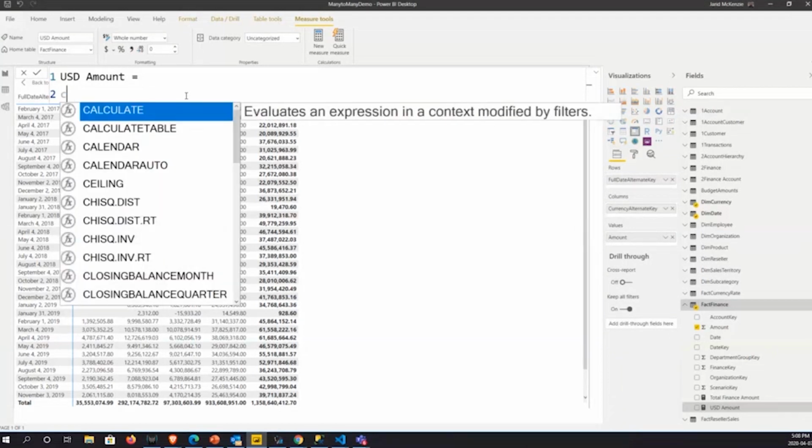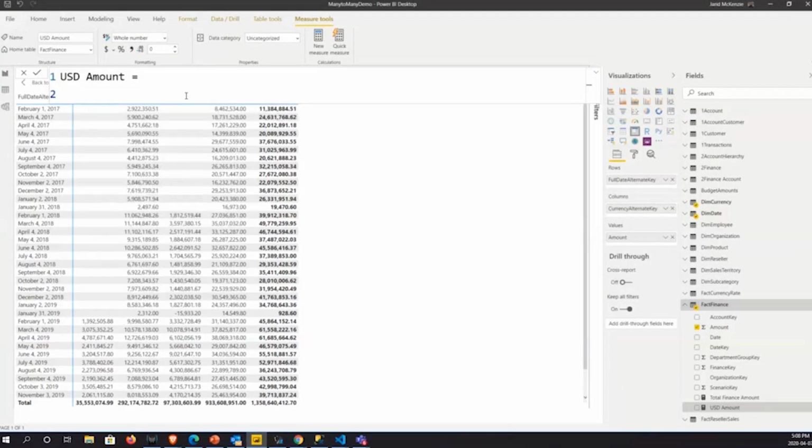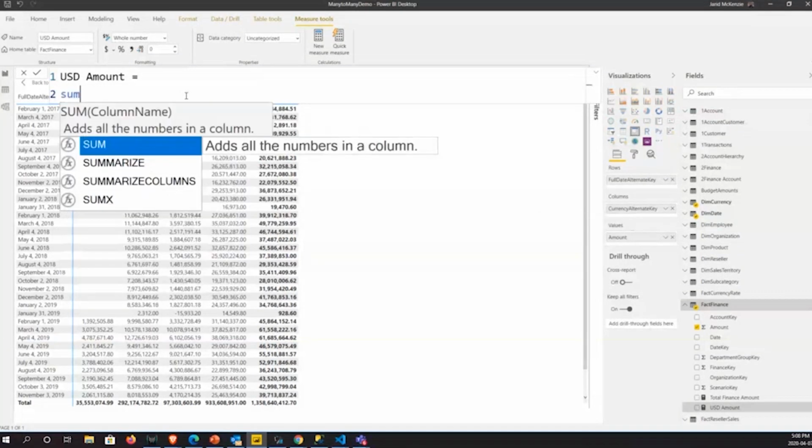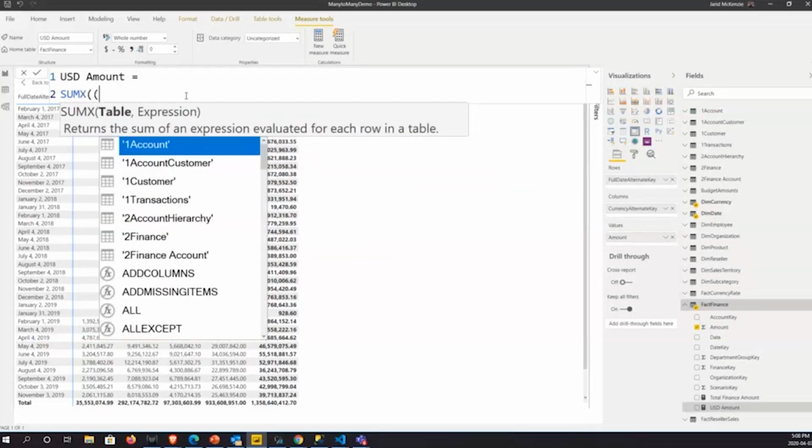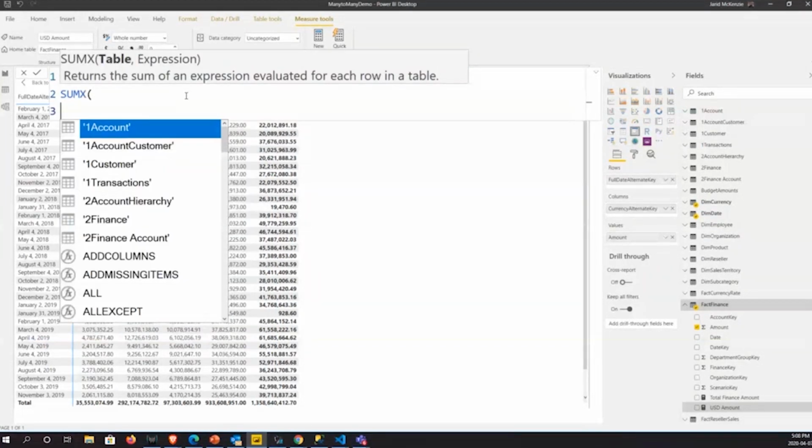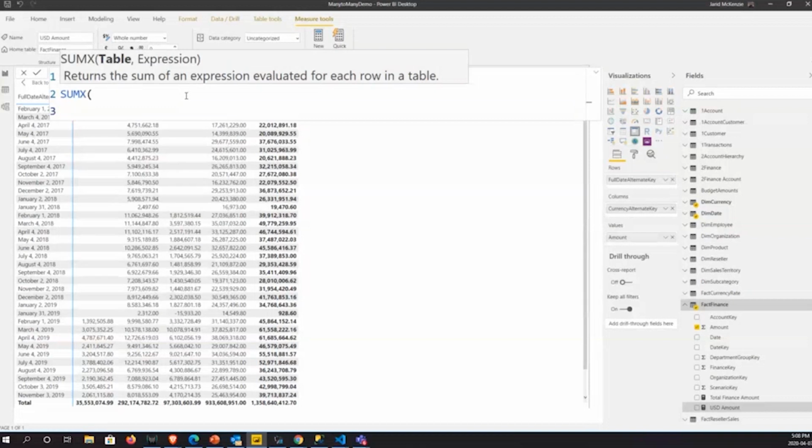So how do we do that? We actually would want to create a table that has every day and every currency. So this is going to be a SUMX function. I'm sure some people have played around with this stuff, but because those two tables, our currency table and our date table, are separate, there's no relationship between them. We would need to create that table that cross joins them, and